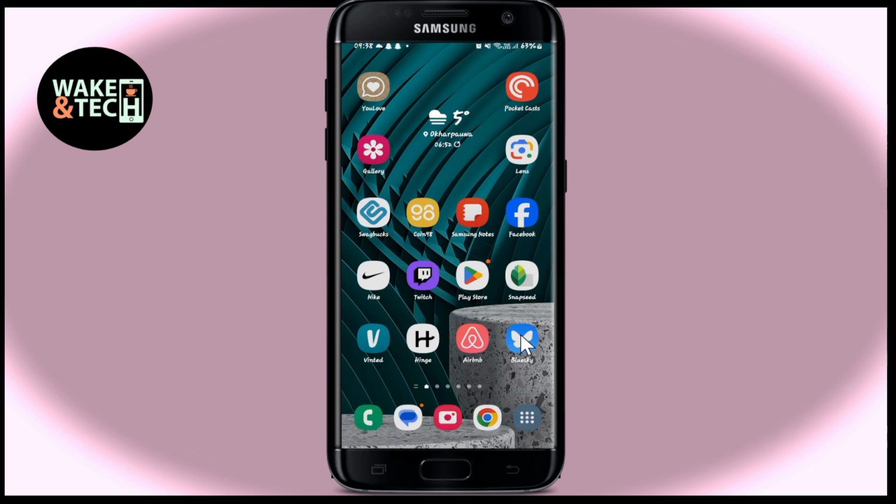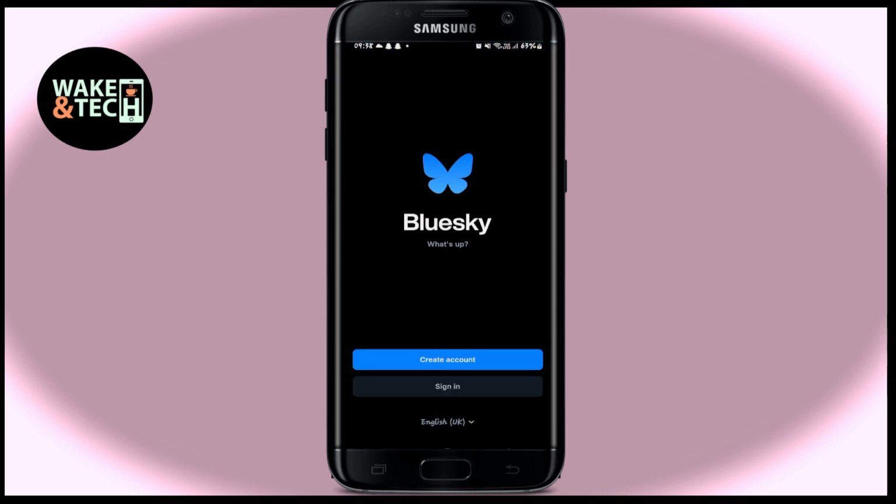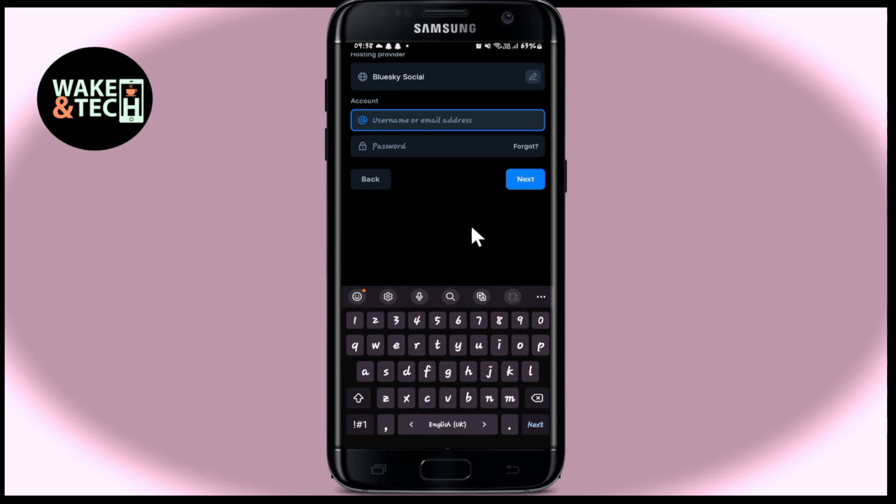First of all, open up the Bluesky application on your device and you will now be shown the create account as well as the sign in button. Tap on the sign in button and you will be asked to enter your username or your email address and your password. Tap on the forgot button alongside the password box and now just enter your email address that is